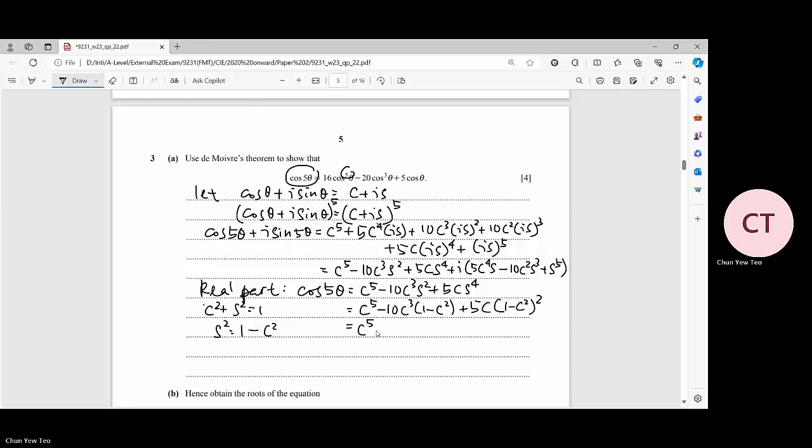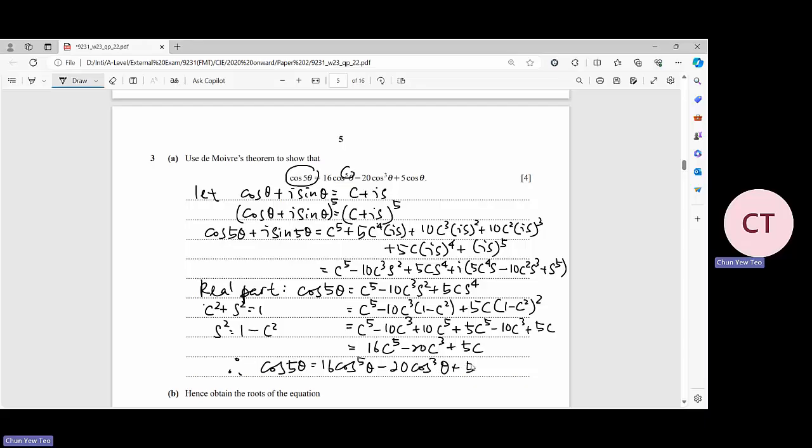Expand c⁵ minus 10c³ times (1 minus c²) plus 5c times (1 minus c²) squared. Then you get 16c⁵ minus 20c³ plus 5c. So therefore, cos 5θ equals 16 cos⁵θ minus 20 cos³θ plus 5 cos θ, shown. Okay, so this is how we show the answer